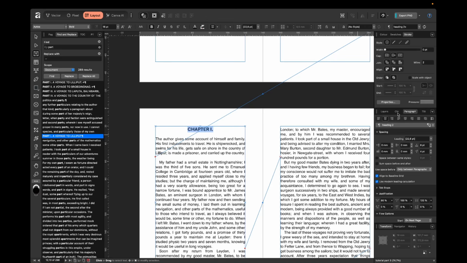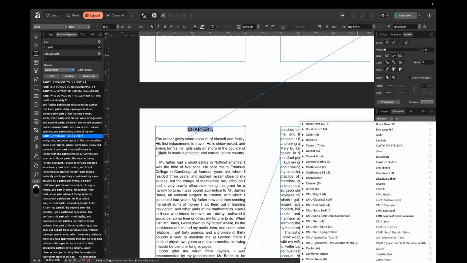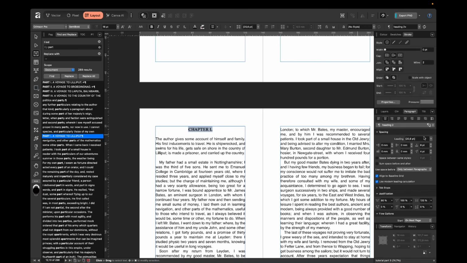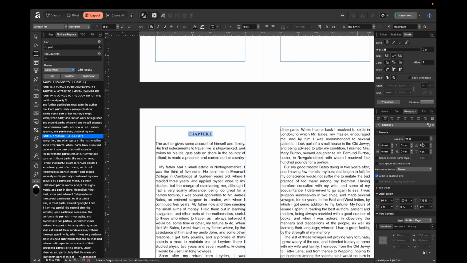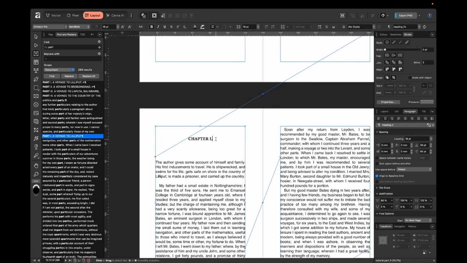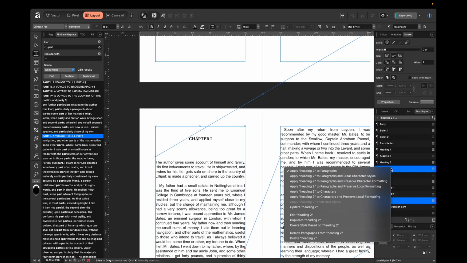So this is Crimson Pro with 16 points. Semi-bold and leading is okay, 18. Space before always it was 30 with 60. Okay, great, we deleted this. So this is our heading 2. Let's update this